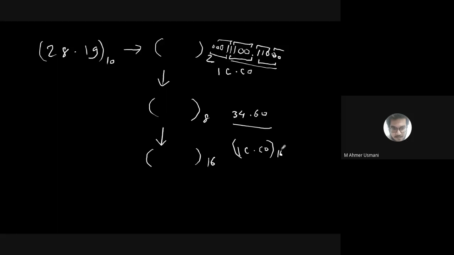Okay, so everybody understood how to convert from one form to another? Everybody got that? Okay, so till now, whatever number systems we have seen, those are which numbers? Unsigned numbers. What is the meaning of unsigned number? They are always positive. They cannot be negative. So whatever we have learned is completely unsigned numbers.